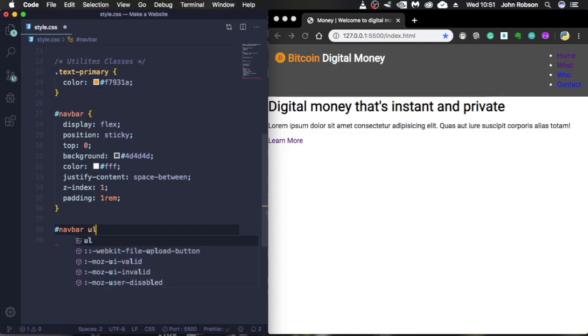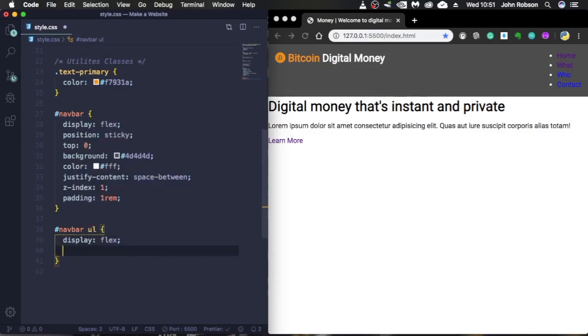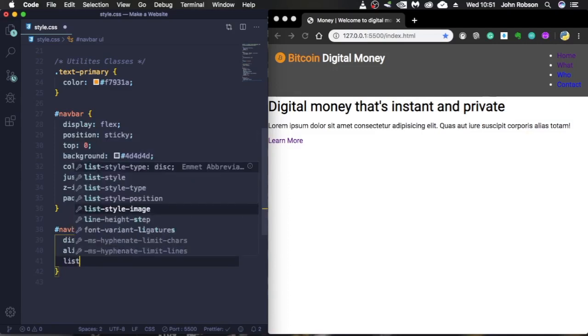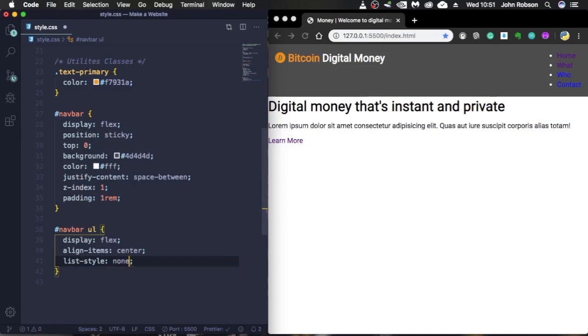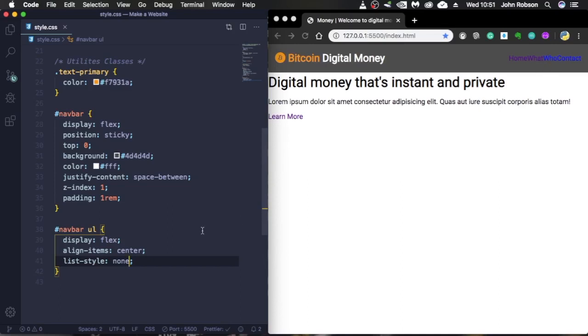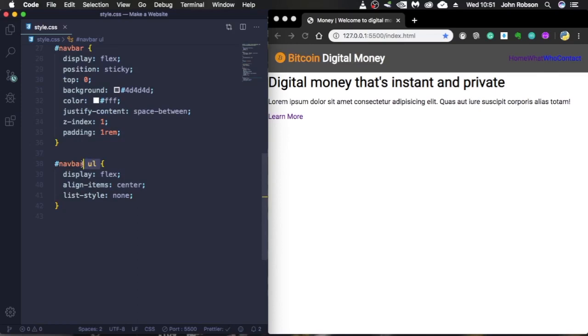Now let's move to our navbar URL. Let's make it flex because we want to display it horizontally. Okay, display flex, align items center, list style none. All right, let's see. Okay, let's copy this one,